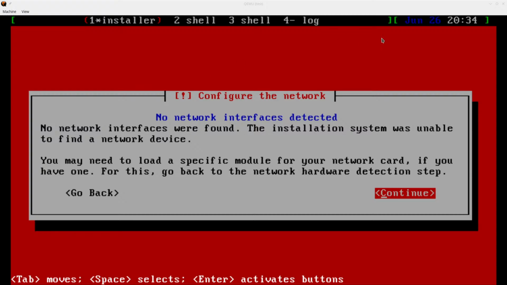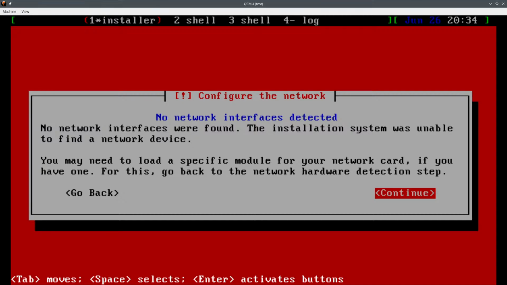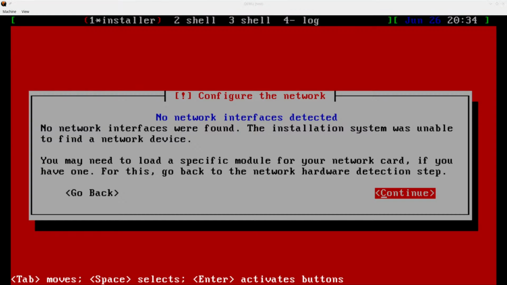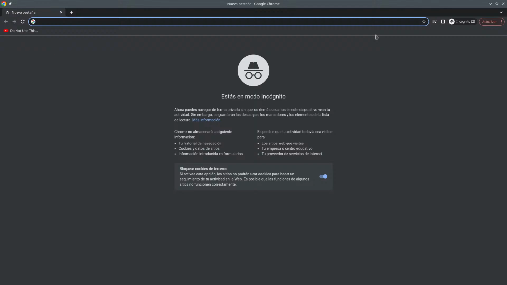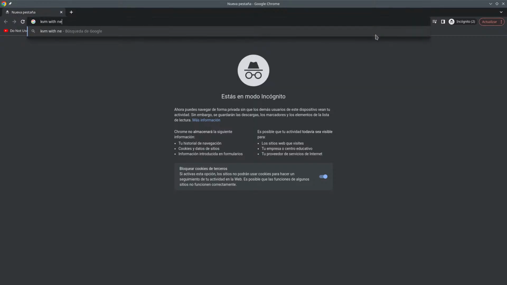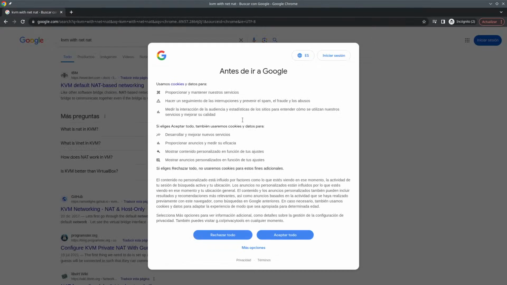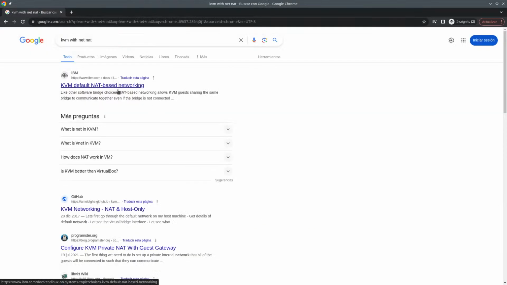How do I add? Is it MM, the thing that you're supposed to be using here, or how do you add? I'm not sure. Maybe KVM with net, how the hell do you do this?